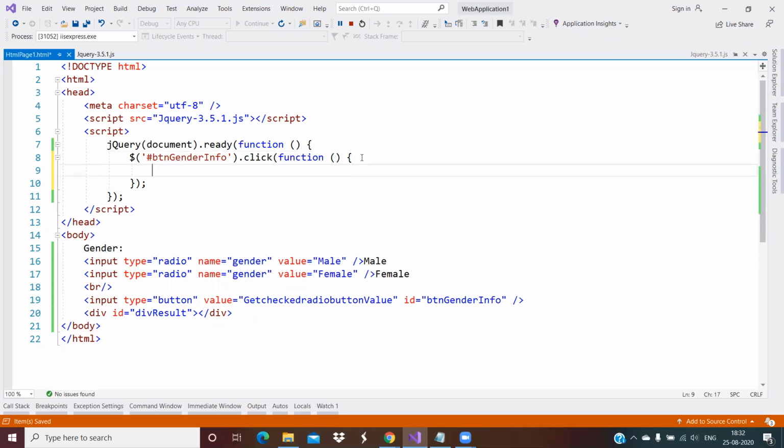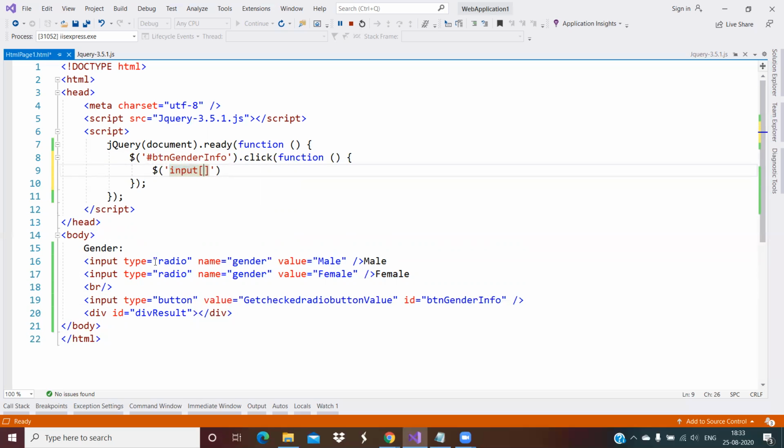So what do I need to perform? I need to check whether this radio button is checked or not. For the identification of the radio button, I am using an element selector like input, then an attribute to identify these two radio buttons, because if I put only input, it will also consider the button.